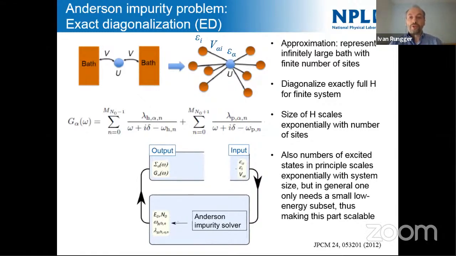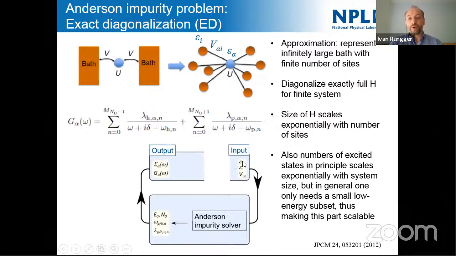So I just give you the equation. The quantity that we're interested in here is the Green's function, G, which in essence, without going into the detail, and this is just one possible representation, the Lehmann representation, is a sum of poles where each pole has a coefficient, lambda_i, which gives the height of that peak, and some eigenfrequency omega_i. So once you have all these lambdas and omegas, you can just use this equation to get the Green's function.